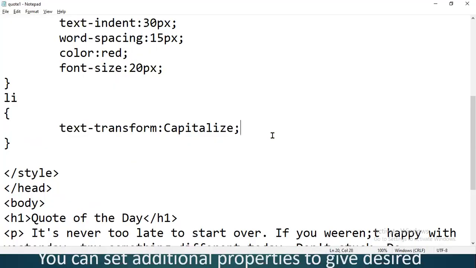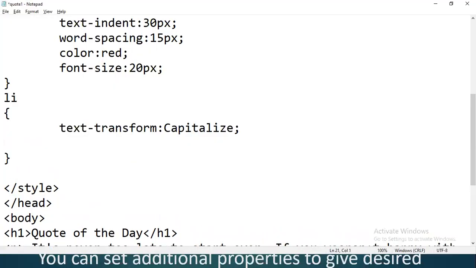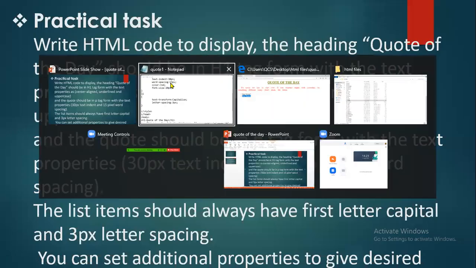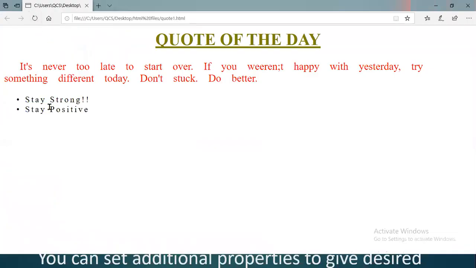Now the second requirement was that 3 pixel letter spacing should be there. So we'll write letter spacing is 3 pixels.